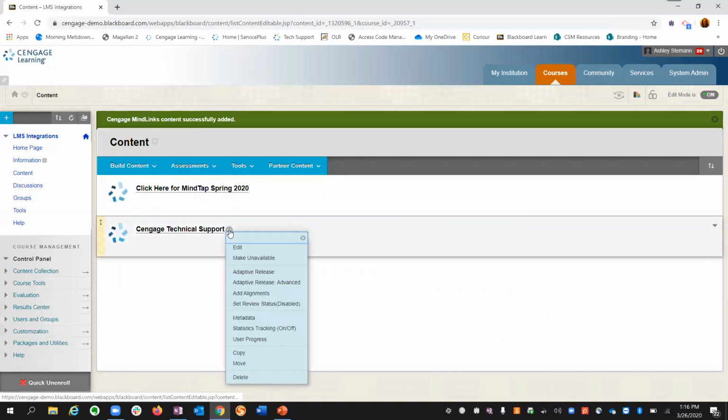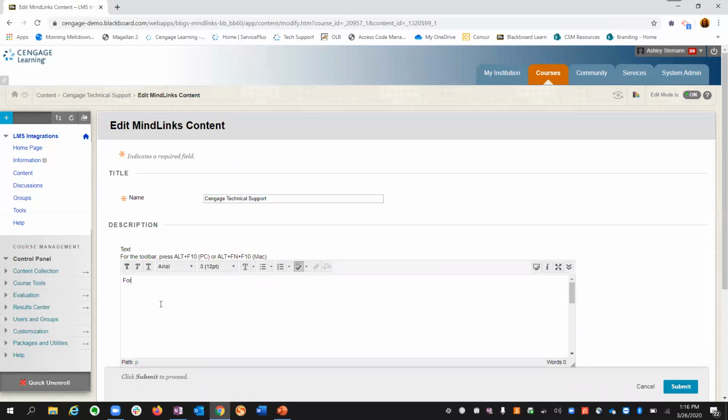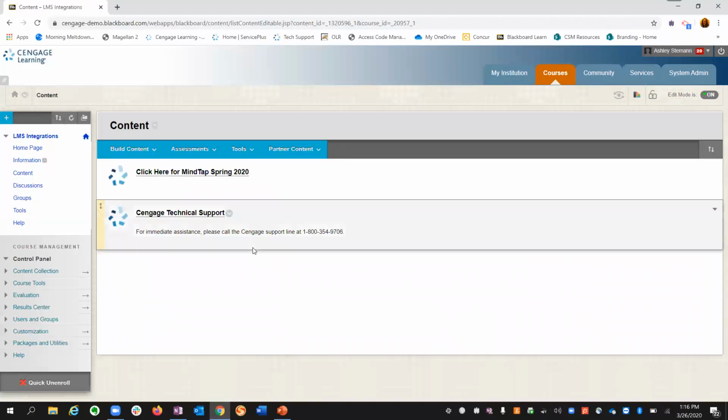And then I go in and edit it and put, for immediate assistance, please call the Cengage support line at 1-800-355. So I'll put some variation of this message underneath the technical support link, because I think some students feel more comfortable submitting an online ticket. Some students feel more comfortable calling the 1-800 number, but I always put the for immediate assistance, because a lot